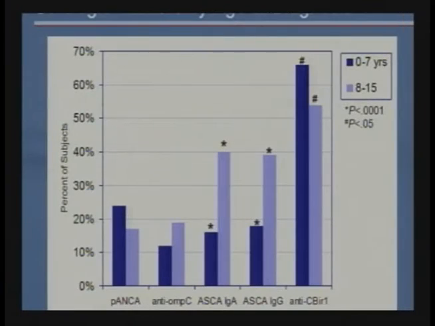So in pediatrics, just to show a little bit of PEDS information, what we found interesting is we took 796 pediatric patients from across the country, and we wanted to see, are the prevalence of these markers different in children who get IBD compared to adults? Because we're seeing different patterns when we're measuring them. And why do kids present differently than adults in terms of their disease location and their presentation? And the most significant age group is less than 8 years of age.